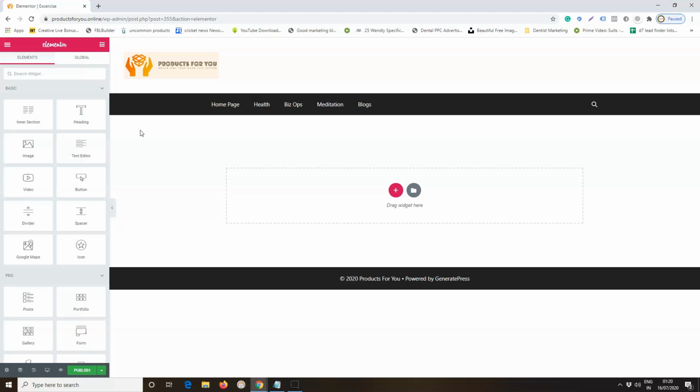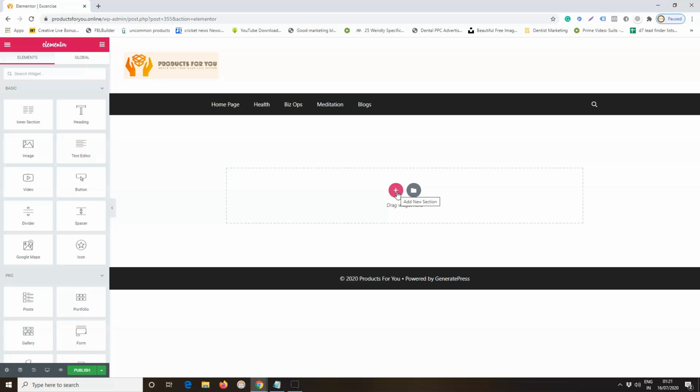Just to give you a brief idea, the Elementor editor works based on a row, column and elements method. Here you can see currently it has no sections available. A section is nothing but a row that you will add.